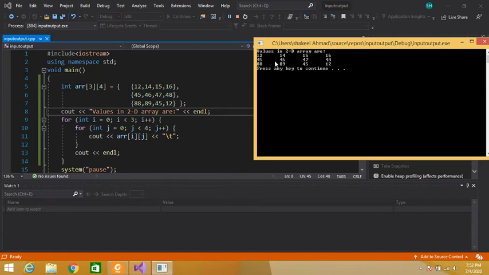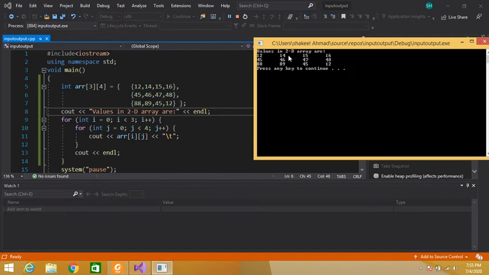This is our 0 row and first column. So 14 is displayed. This 14 is displayed on the console window because this is our 0 row, this is our 0 column, and this is our first column. So this 14 is displayed here.